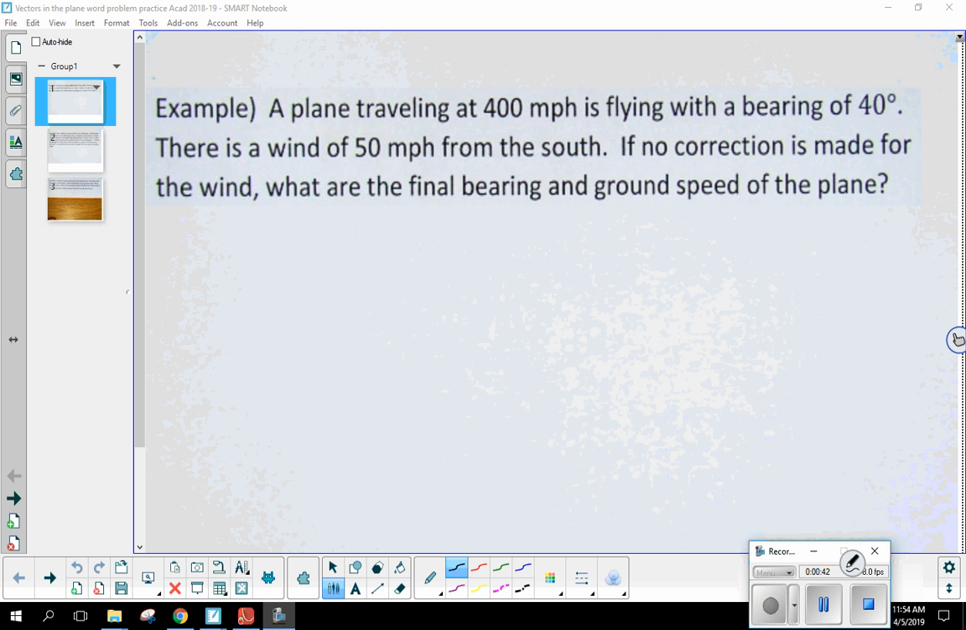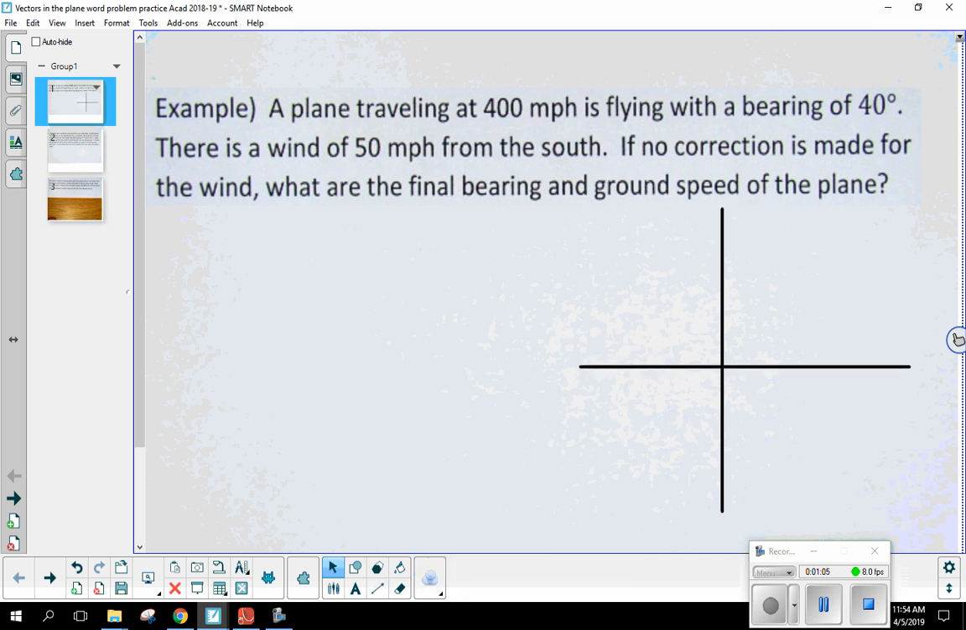So example, a plane traveling 400 miles per hour is traveling with a bearing of 40 degrees. Okay, there's a wind of 50 miles per hour from the south. If no correction is made for the wind, what are the final bearing and ground speed of the plane? Okay, so if we're kind of talking about this graphically,